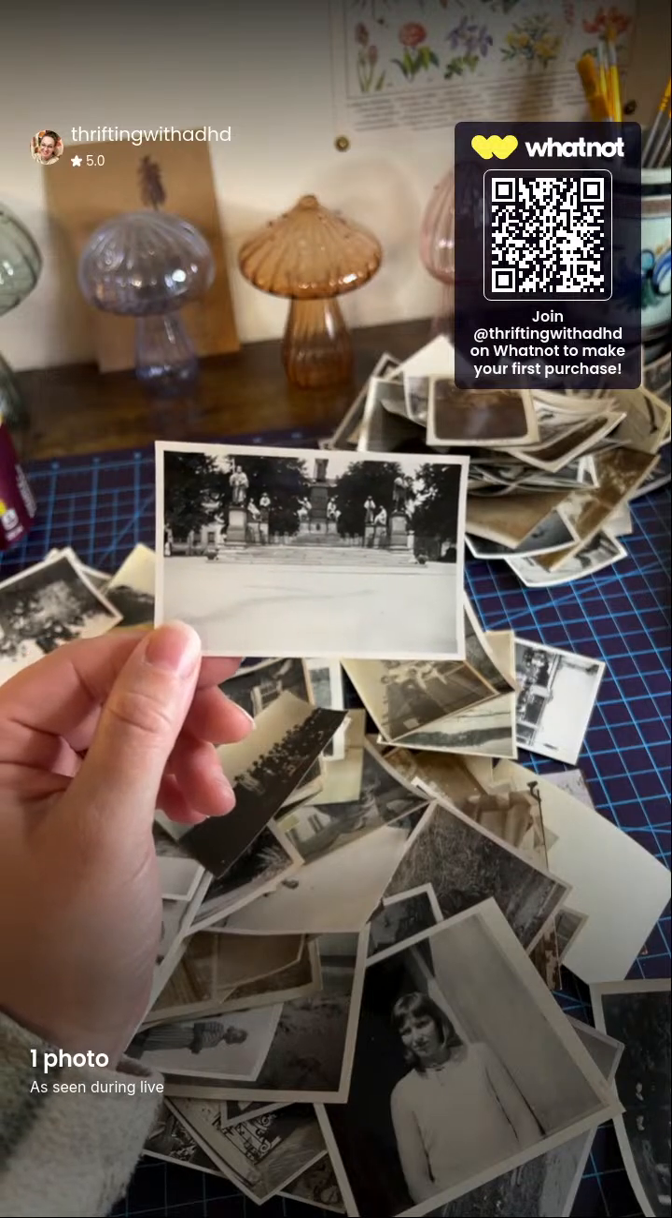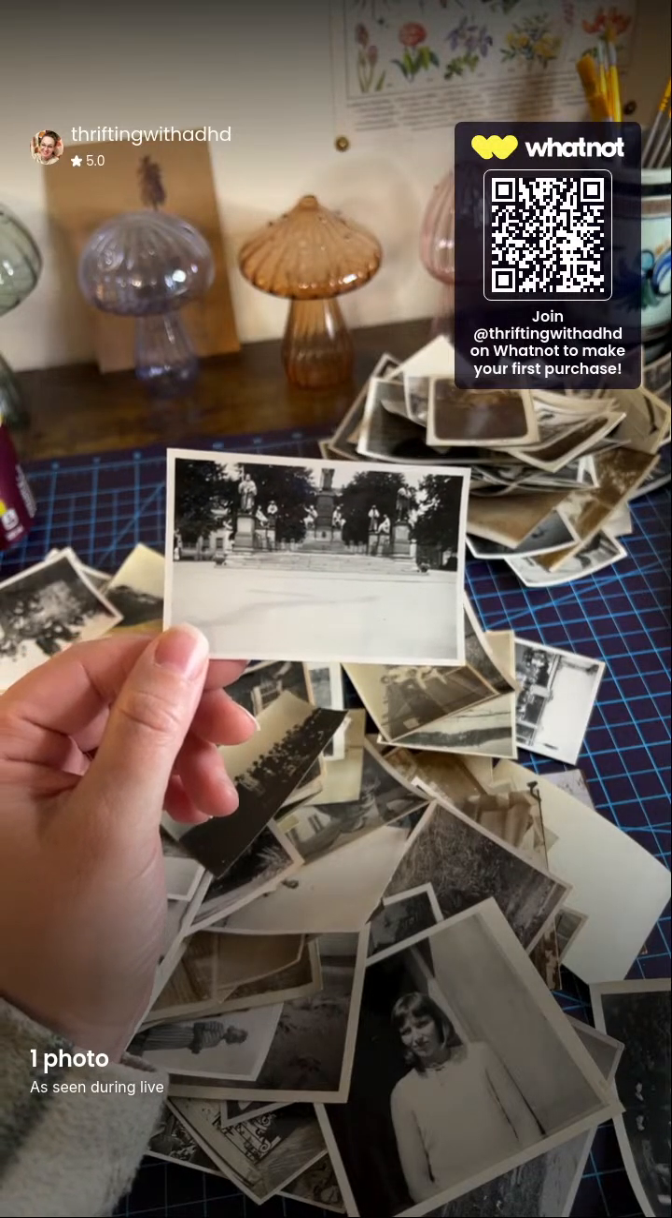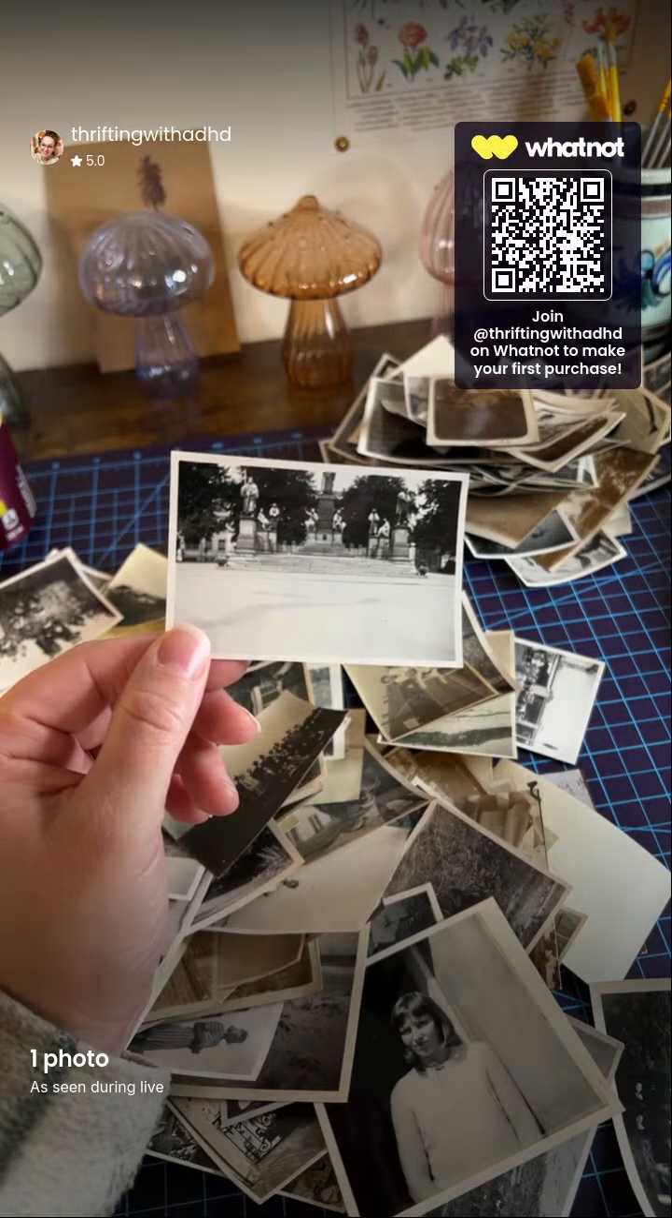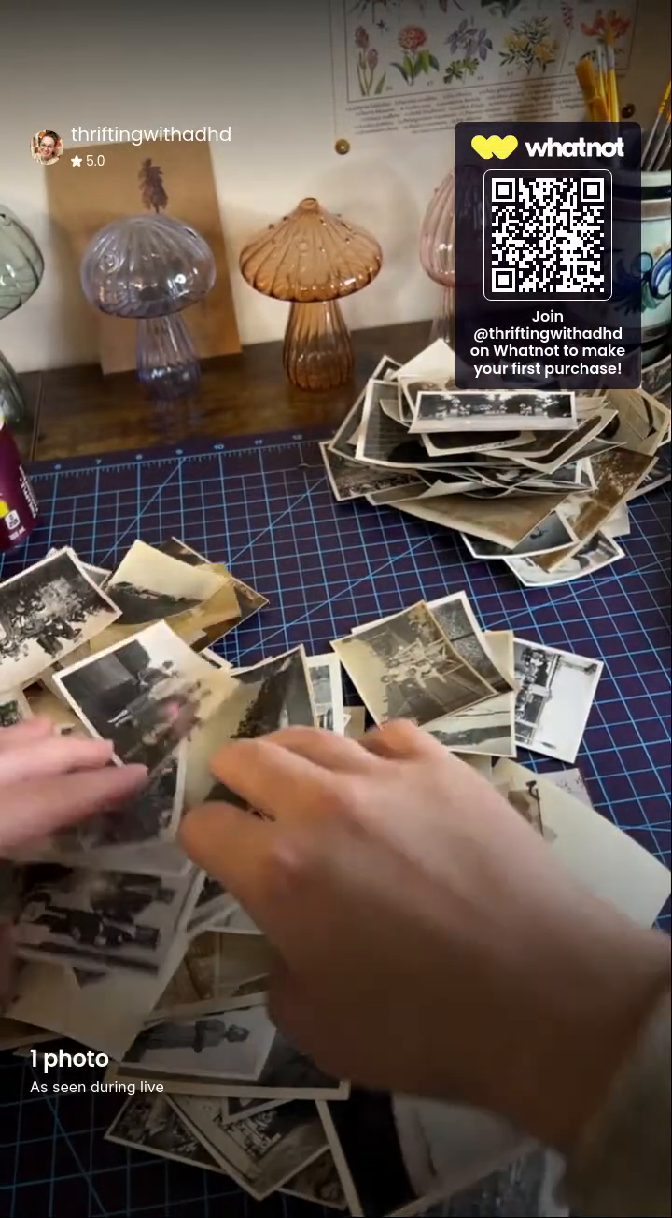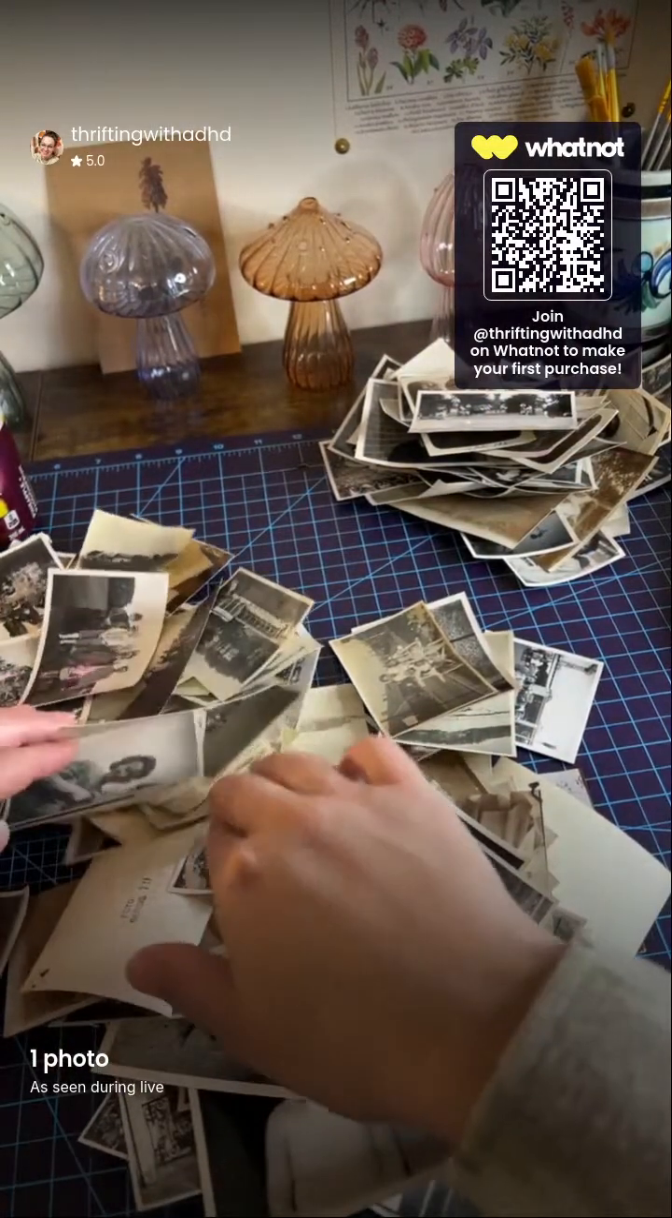I lost my laptop screen here. There we go. See if we can find some